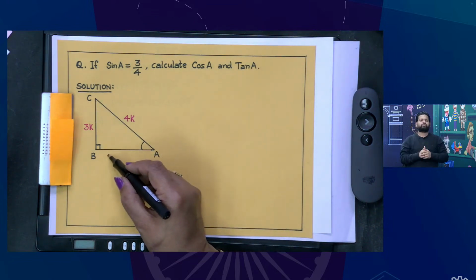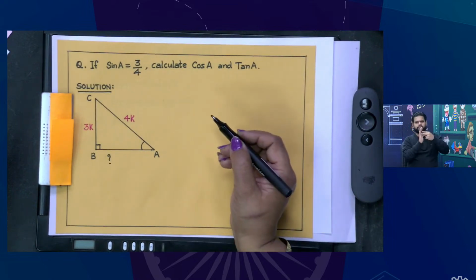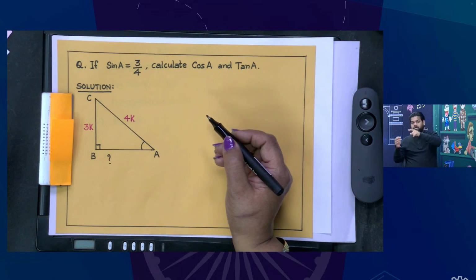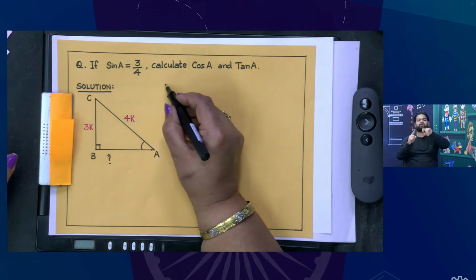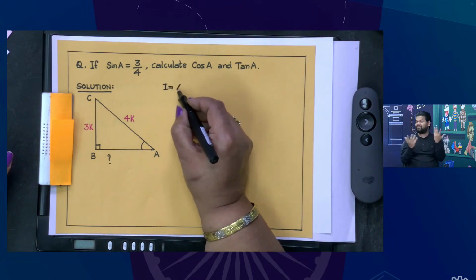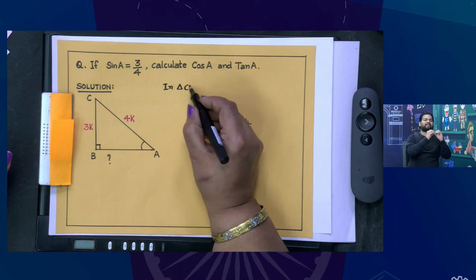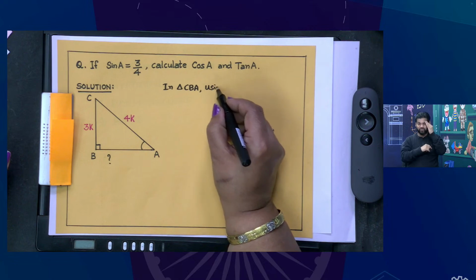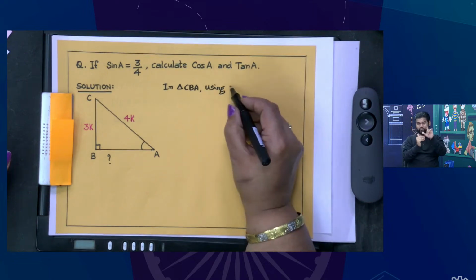अब बच्चों, cos A हमें याद आ रहा है बेस अपॉन हाइपोटेन्यूज था, तो इसमें बेस तो हमें पता ही नहीं है, तो बेस हम कैसे निकाल सकते हैं? विद द हेल्प ऑफ पाइथागोरस थ्योरम. ठीक है ना. राइट एंगल ट्रायंगल में हम पाइथागोरस थ्योरम से निकालते हैं. तो इन ट्रायंगल CBA, यूजिंग पाइथागोरस थ्योरम,